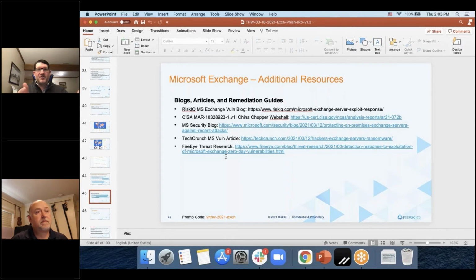And then in addition to that, some of the things that we've referenced in the conversation today around Microsoft Exchange, some key resources that will help you and your organization work through this if you are impacted, are also going to be in here. And I expect more and more of this to come out, particularly around the threat actors and the malware that people are seeing in the coming days and weeks. Awesome.